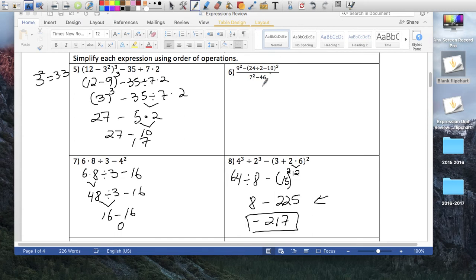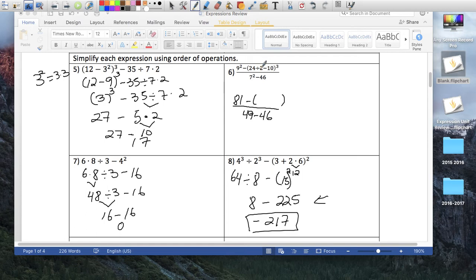Okay, the top one. So think of this as two problems, one in the numerator and the other one in the denominator. Just think of it as two different things. Let's take care of the bottom. 7 squared is 49 minus 46, and that's what you have in the denominator. On the top, 9 squared is 81, minus, inside the parentheses,